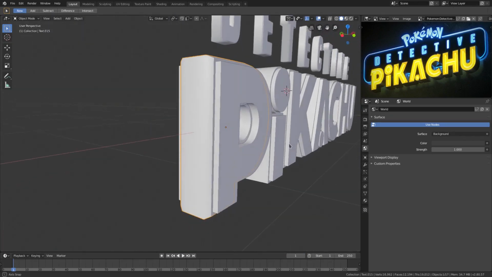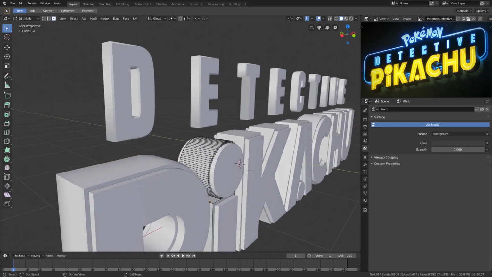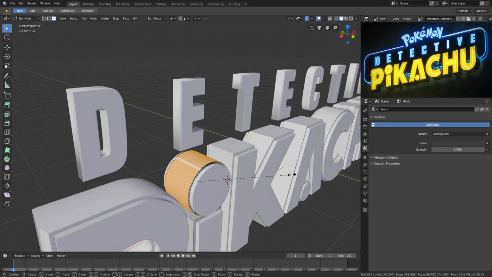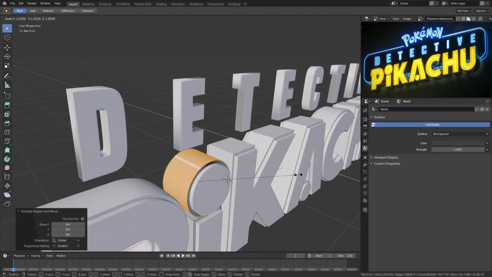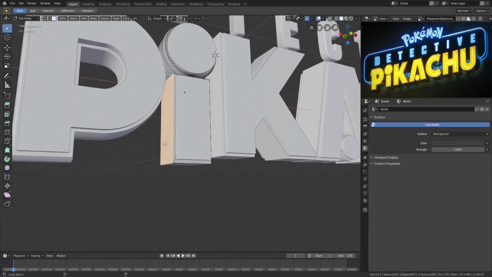So we have a little bit of a round buffer there, which looks pretty sweet. And we'll do this for all the rest of the letters as well. We'll just eyeball it, just hit E to extrude, S to scale it up a little bit, SY to scale it in, maybe it up a little bit more. And we can do this for all the rest of the pieces as well. So this down here,